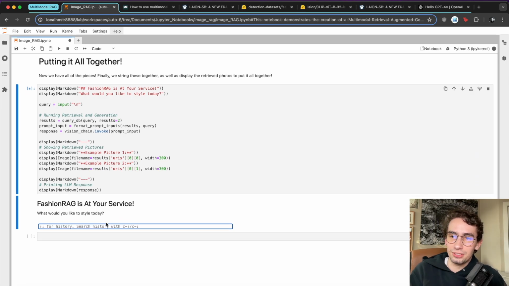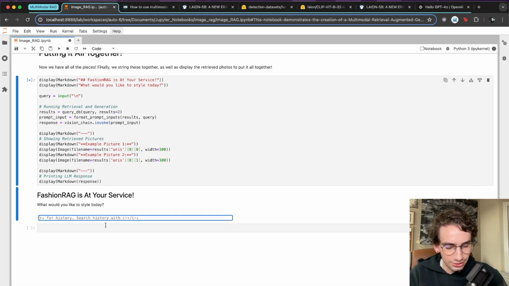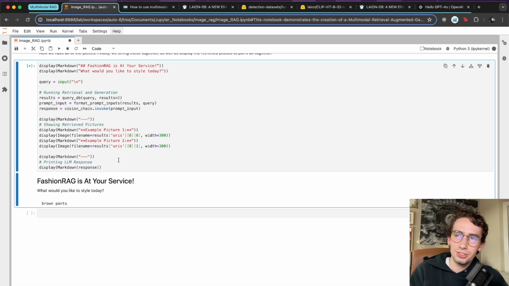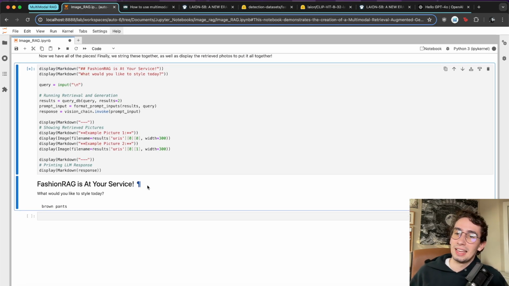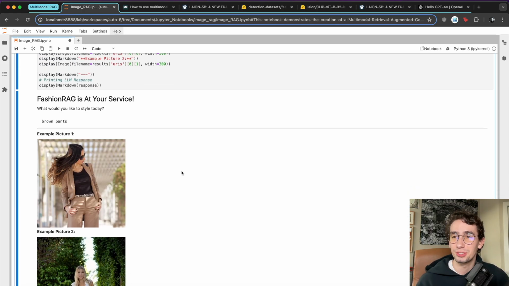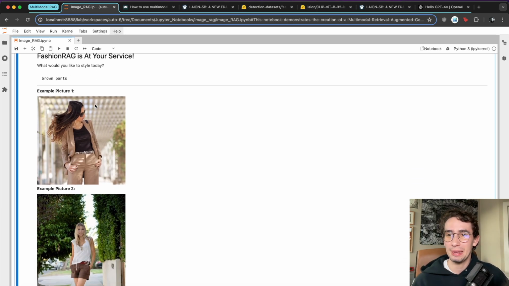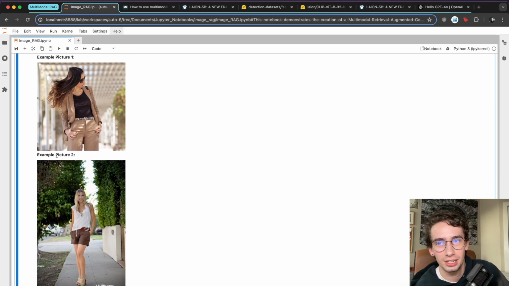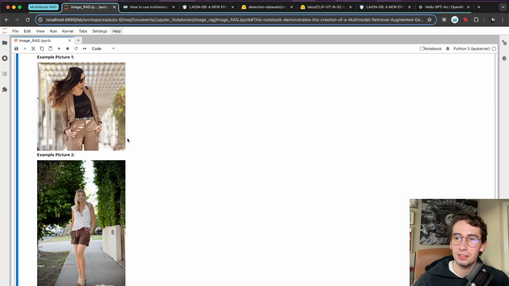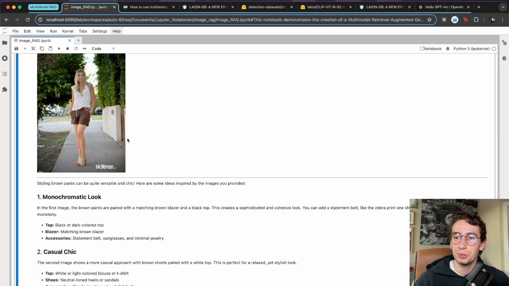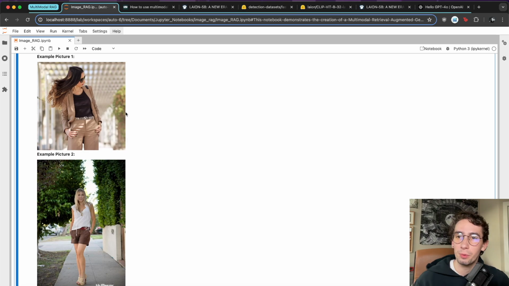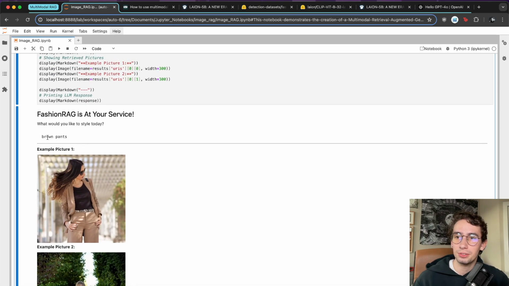So Fashion Rag is at your service. What would you like to style today? I'm going to say brown pants. And so now that's going to kick off the retrieval and then also the generation step. So let's give this a second and see what it comes up with. Great, so this is what we got back. So Fashion Rag is at your service. We wanted to style some brown pants. And so it grabbed two pictures. I'm seeing brown pants in both of them, so that looks phenomenal. So let's see what the language model was actually able to generate with both of these pictures plus our prompt